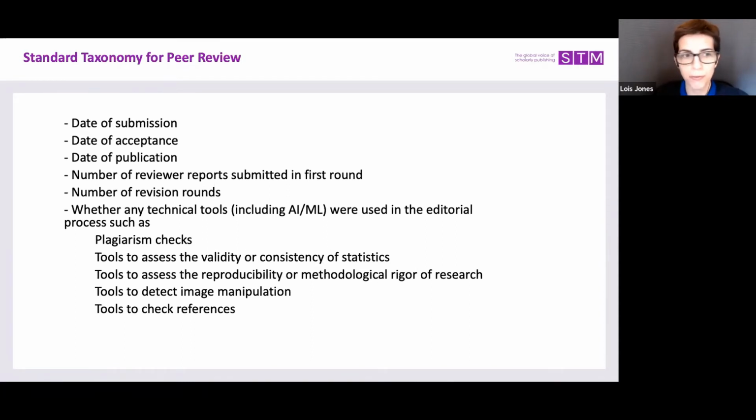Just descriptive information about the review process, like number of revisions, but also if there are technical tools to authenticate, like plagiarism checks, and other things like that. There are more and more popping up every year to help editors, authors and reviewers with statistics and reproducibility checks, image manipulations. And so we just want that out there, known that it's been used by the journal.